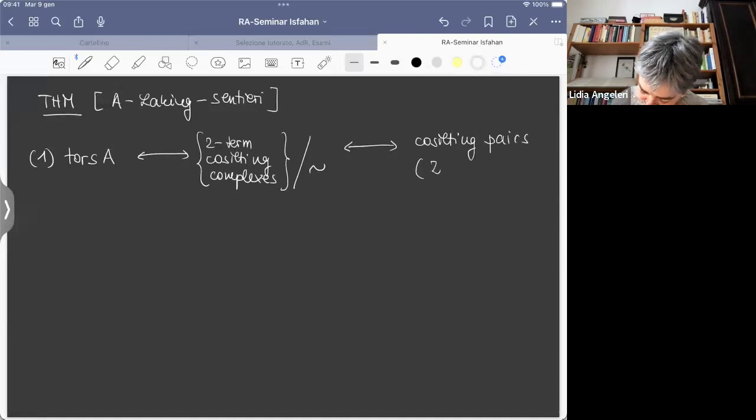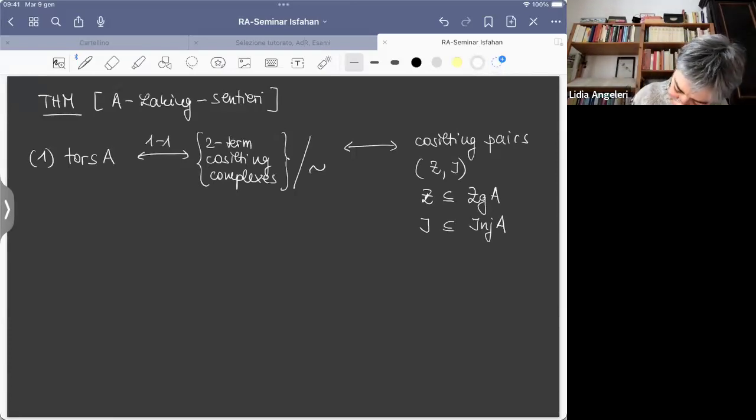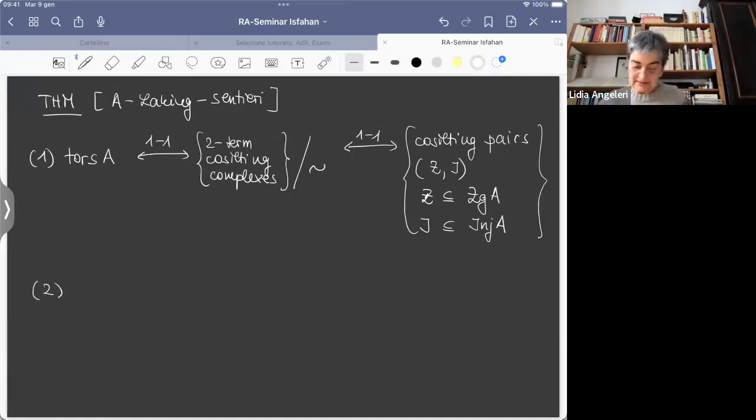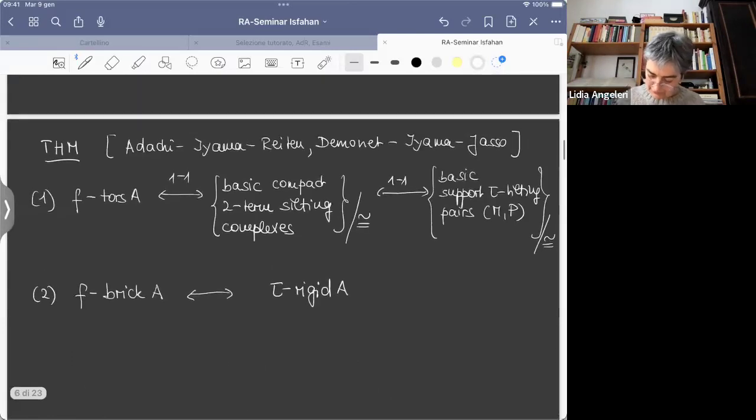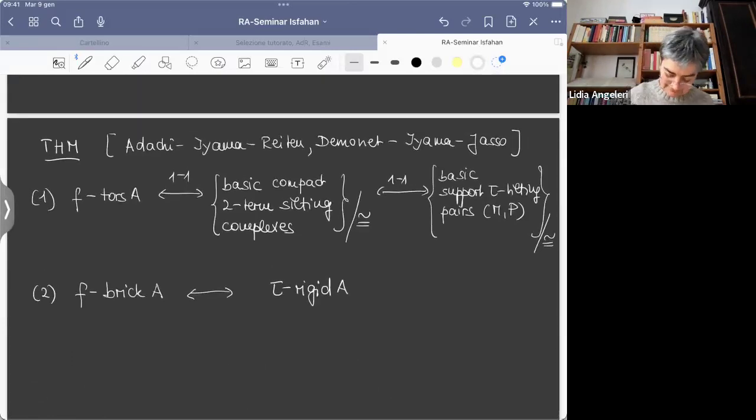These are pairs (Z, I) formed by two sets. This Z will be a subset of the Ziegler spectrum of A, and I will be a set of indecomposable injectives. And so we will have bijections between these sets. This first statement generalizes the first bijection I was giving here. And now for the second bijection,